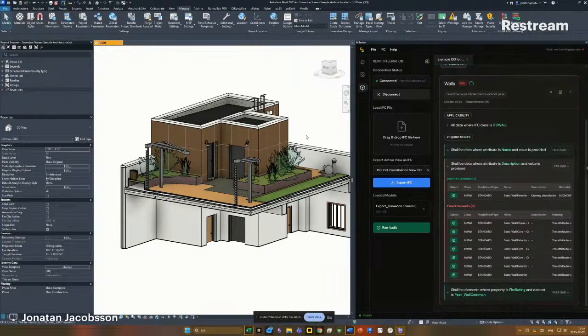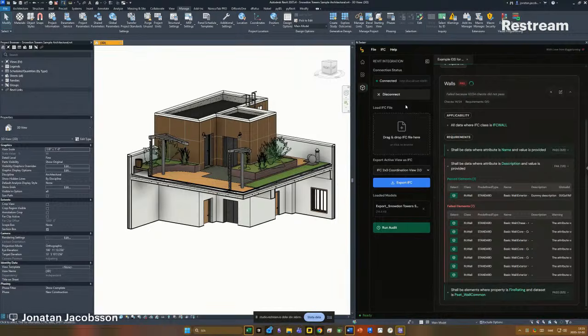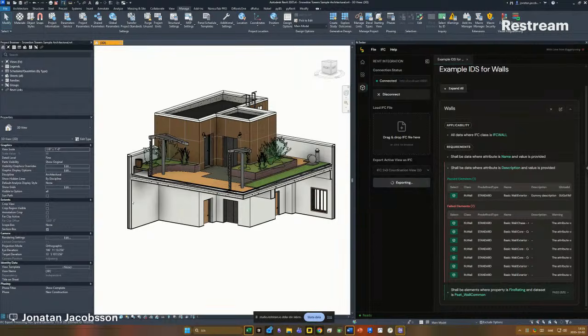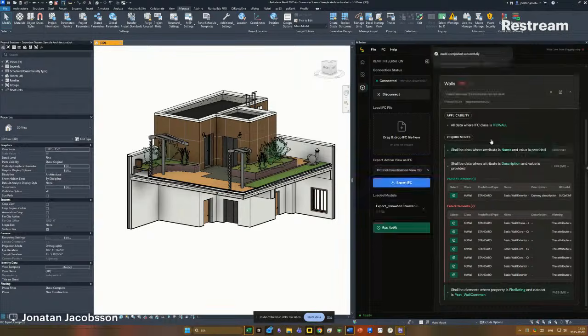Yeah, I agree. But there are obviously ways you can improve this and how it interacts with Revit to be more, let's say, live. What do you mean? What exactly do you have in mind? The reason why it's hard to do IDS validation without something like this is because you have to have this parameter mapping table between Revit parameters and the IDS or IFC structure, right? But in essence, now that we have exported this view and IDS here on the right, we actually kind of have a parameter mapping table between